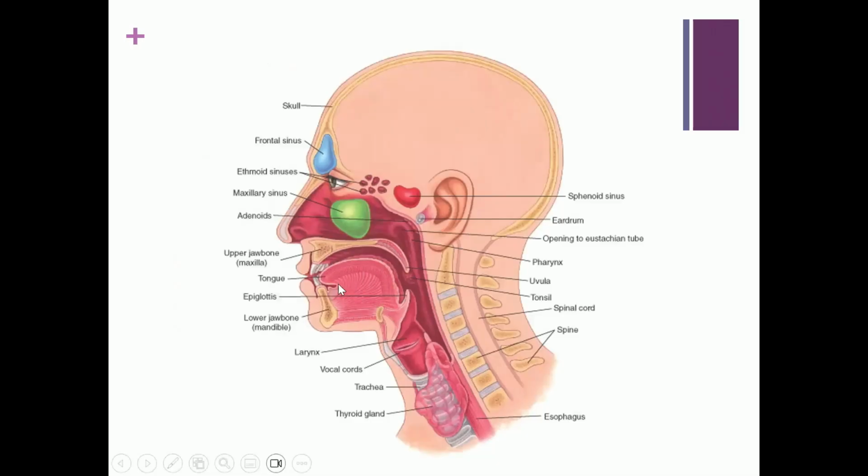So I'm hoping you can see my cursor. And this is literally the head and neck, you know, in side section. And as you can see, the tongue takes up quite a big area. Then we've got the soft palate, and the hard palate, which leads to the soft palate. And then you've got these two tubes. So the one at the back is the esophagus, leading down into the stomach, and the one at the front is the trachea or windpipe that leads to the lungs. So again, it's just to show you that once that food is pushed to the back of the throat around here, it's quite easy for it to slip down the wrong way.